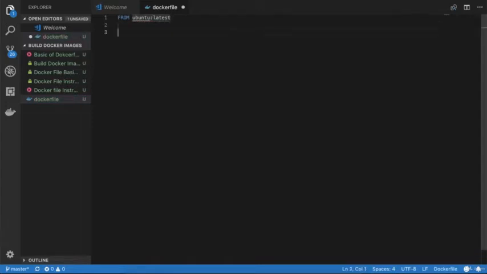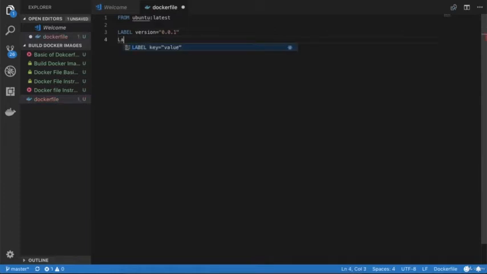After this, I need to mention some label. So if you are not getting the autocomplete in your Visual Studio, you can press Control space to get autocomplete. Over here, suppose I need to define the key, which is version, and I'm defining the version as 0.0.1.